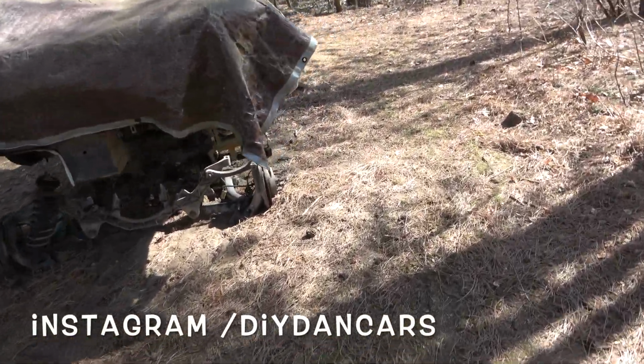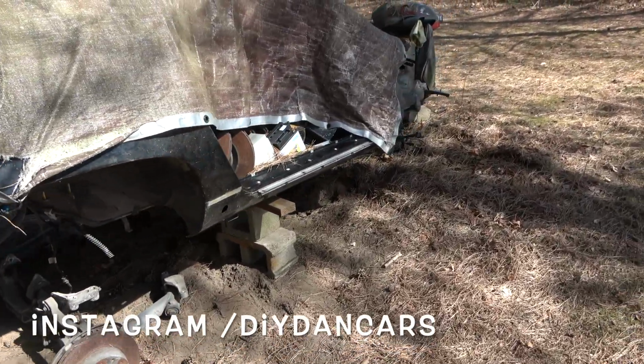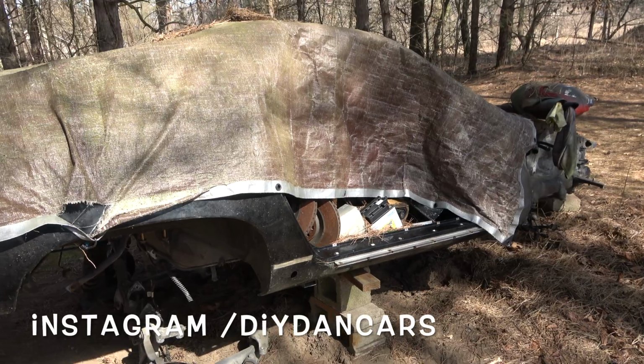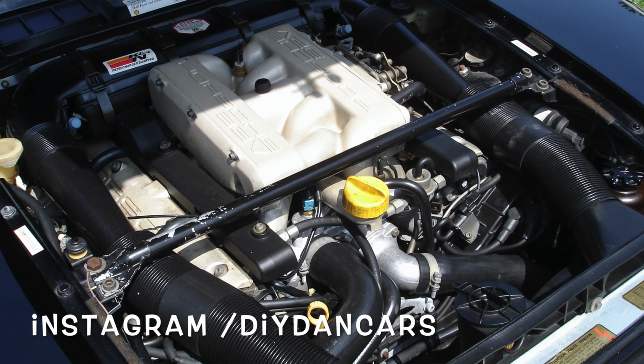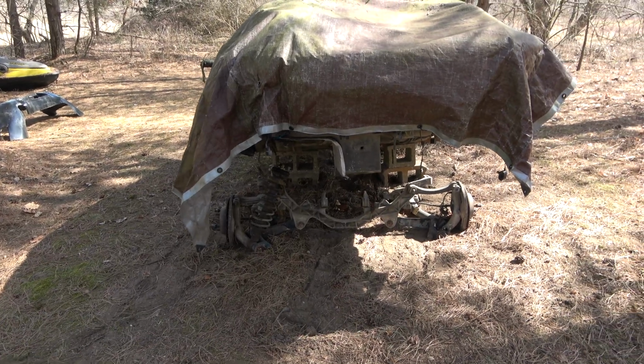Today we're going to be talking about parts cars and 928 transmissions. Unfortunately, the transmission in my dad's 87 928S4 has started to slip and is in need of replacement. His car came from the factory with option 220, which is a very desirable limited slip differential. Porsche no longer offers new transmissions with limited slip differential, but you can order a new transmission from Porsche with